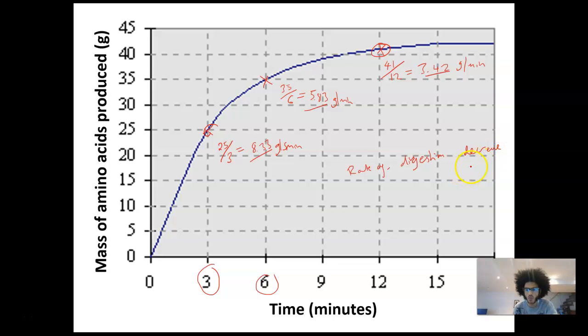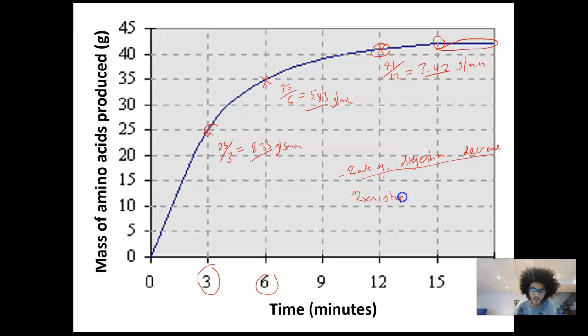You'll rarely be asked why that's the case, because they're not asking you to know much about the rate of reaction stuff from chemistry, but just be aware that the rate of digestion will decrease over time until it eventually stops. At this point, you assume that all of the protein has been digested and you've made the maximum amount of amino acids. The time at which the digestion finishes is when the graph starts going horizontal, because you're not making any more amino acids. So the reaction stops